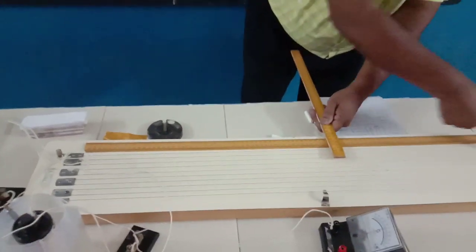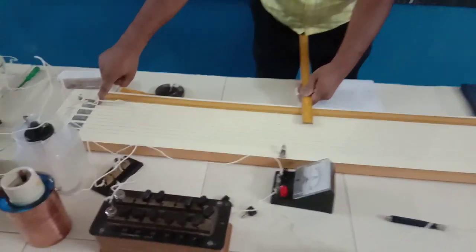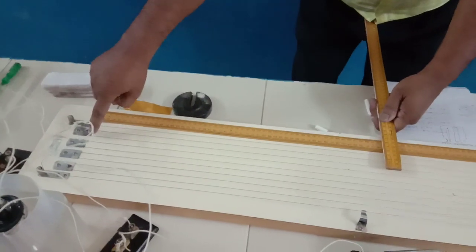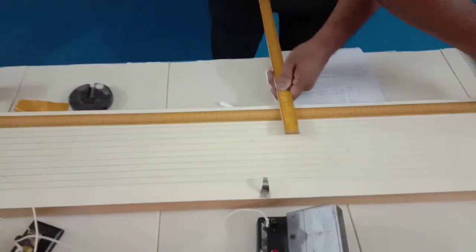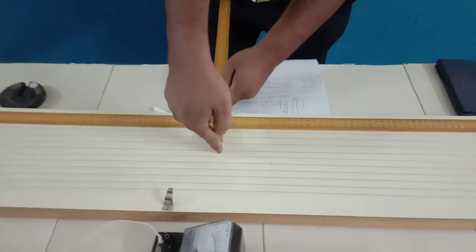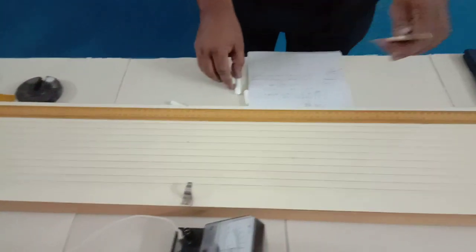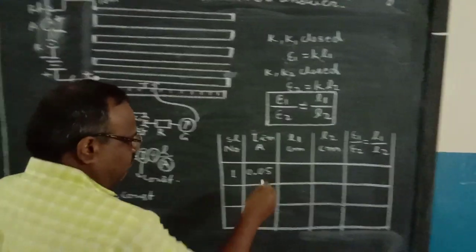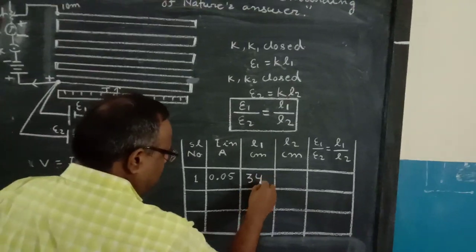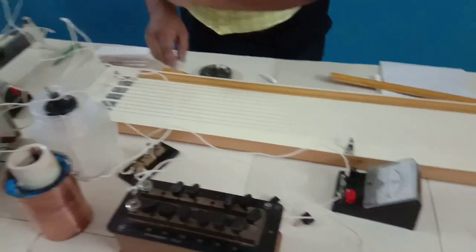You see, this is 0. So up to this 100, up to this 200, then from here up to this 300, then you are connected from here to here. At this point you are getting it. So it is 300, and this side 46, so I am writing 346. It is coming 346. Now I am connecting, the same current will be there.